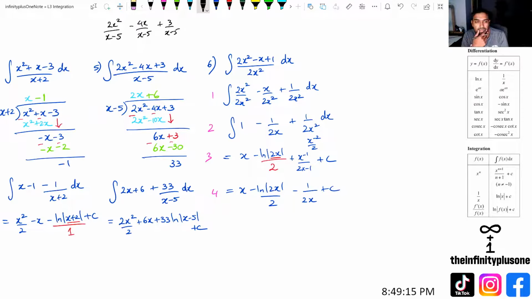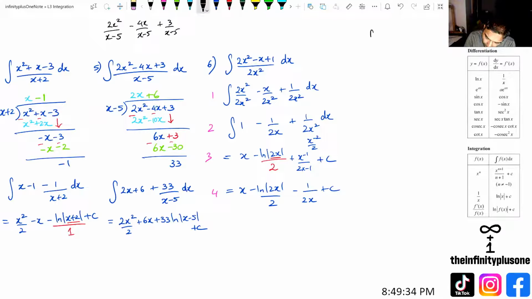Now, we can't really do anything here like that because, you know, you can integrate the 3 over x minus 5. Oh, the third one. Right. Okay, that's what you don't get. So remember, it's